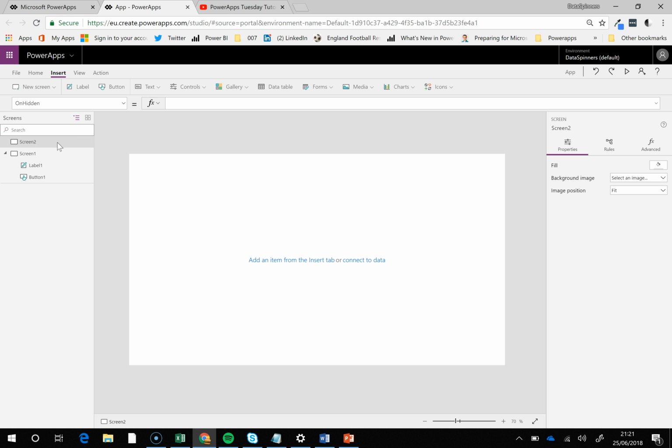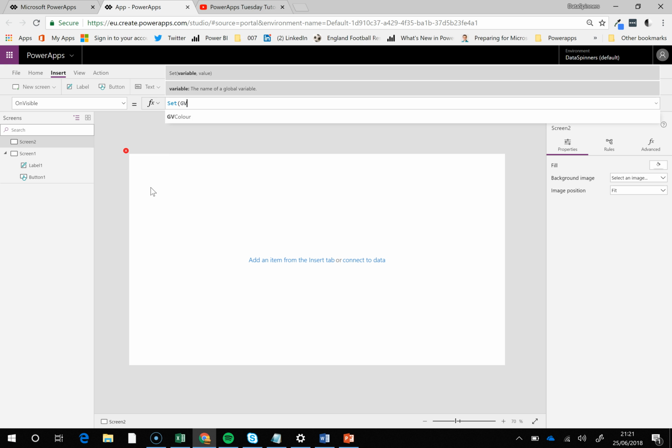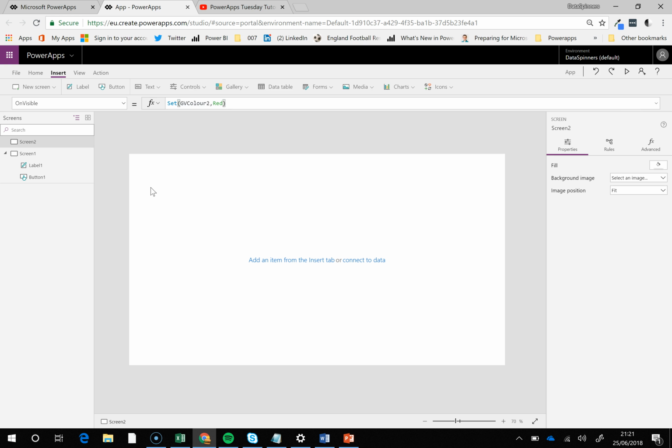Screen 2. So you can see already here that there's this OnHidden, which is obviously the opposite of OnVisible. So what we've got is OnVisible, something might happen. So let's say OnVisible, I'm just going to do some global variables. So I'm going to put Set GV color, say color 2 to be red. I'm not really sure where I'm going with this, but anyway,